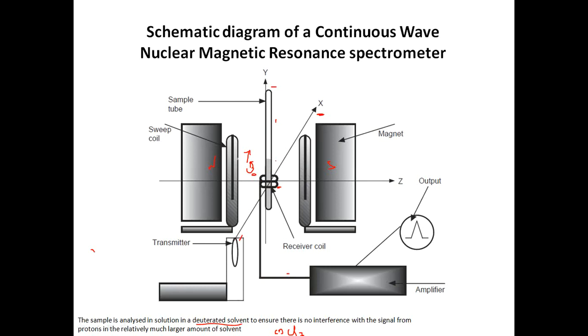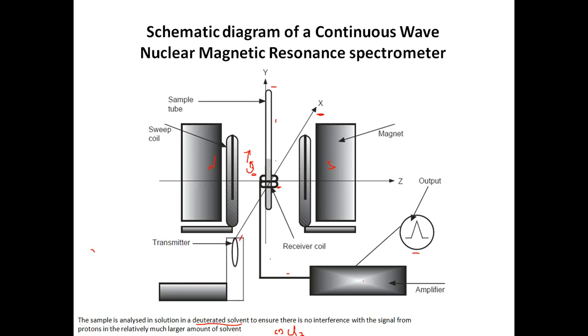So the transmitter radio frequency is transmitted through this to the sample. The sample absorbs the radio frequency if the radio frequency matches the energy difference between the spin states in the particular magnetic field. Once it is absorbing, when it undergoes relaxation, there occurs a release of energy that is detected by this radio receiver coil, and that is detected, amplified and recorded to give us the spectra.